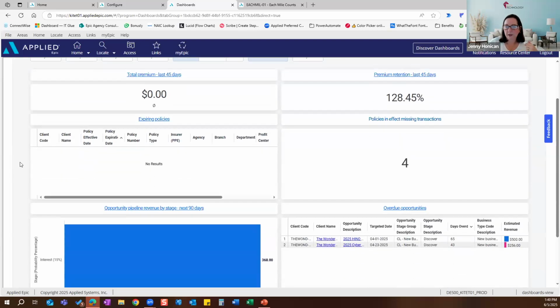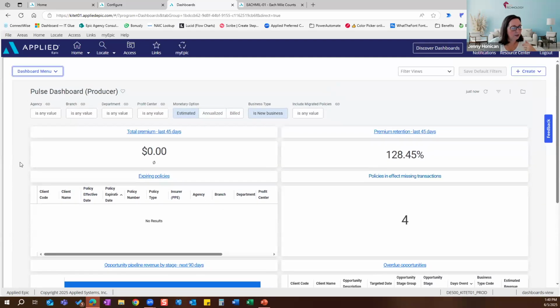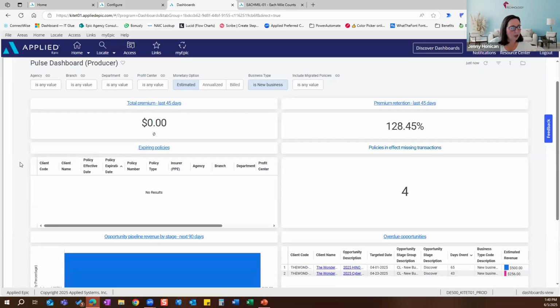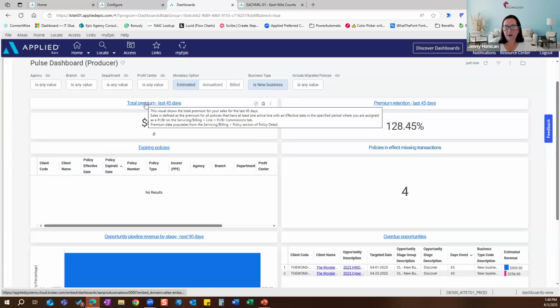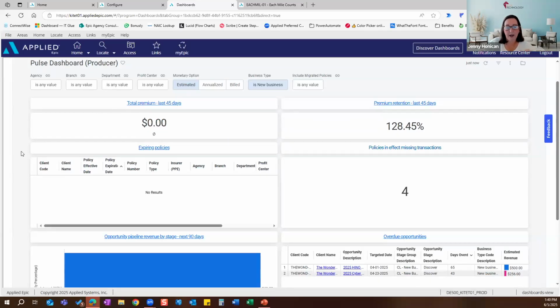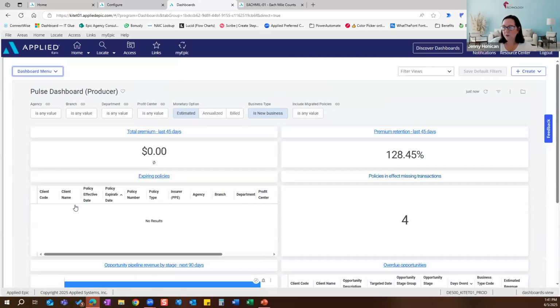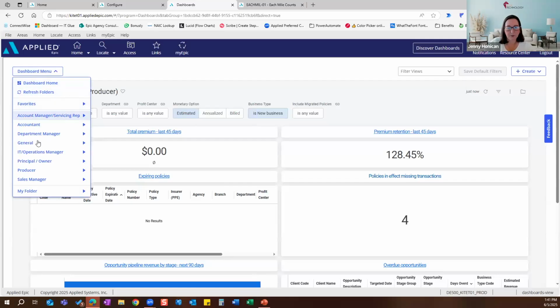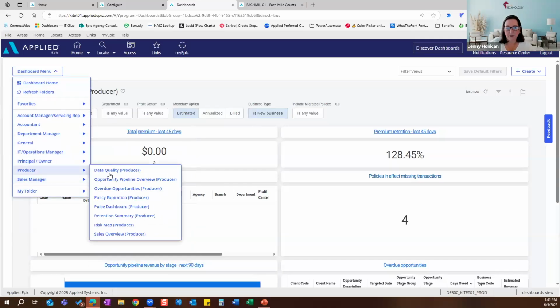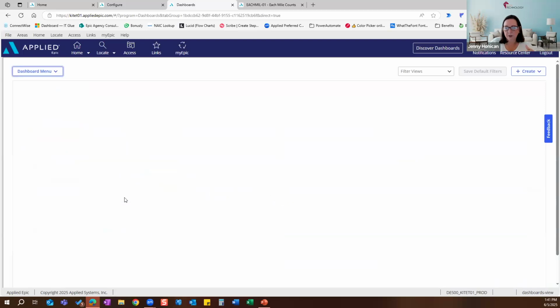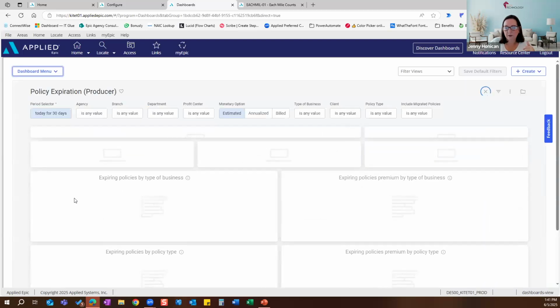So here we are, and you can see, here's our Pulse dashboard here. We've got a sales overview that you get to just by clicking in there. You have a retention summary in here. You have your opportunity pipeline overview, overdue opportunities. You do have your data quality as well. And then you also have a policy expiration report. So let me go to there. This is nice because you can see as a producer what's coming up or what